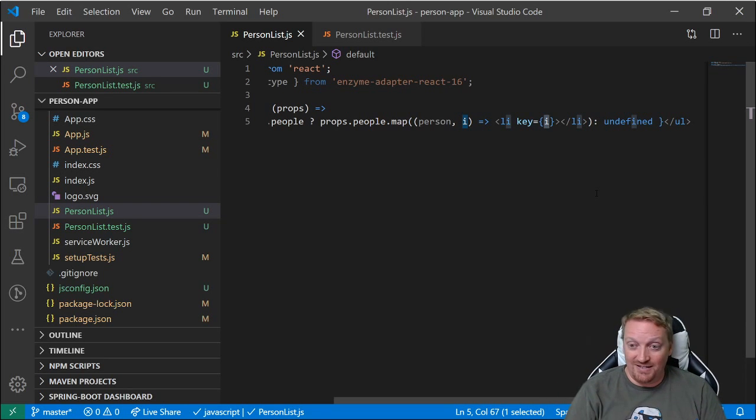Okay, so I need this key. That key needs to be unique once for each element that's being generated. And so we can just use the i, which is the indexer of the current element in the array, that's going to be unique, right? 0, 1, 2, 3, 4. Once for every single element, it's going to be different. So we just drop that in as the key, and there you go. And that's how we are able to now have all of our tests passing,